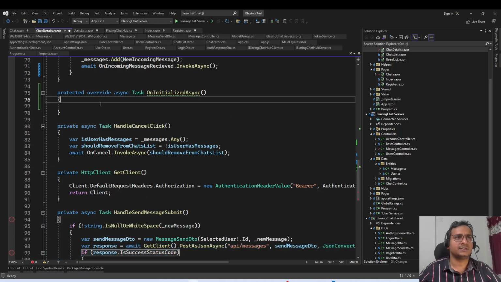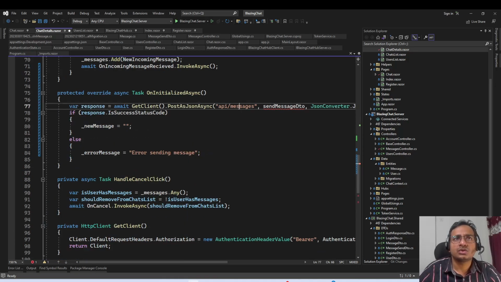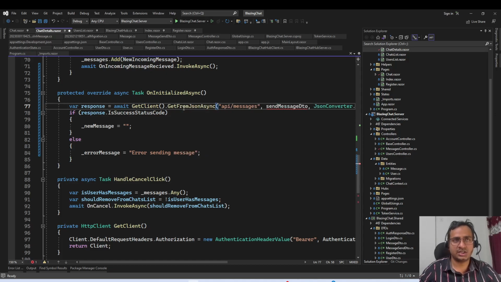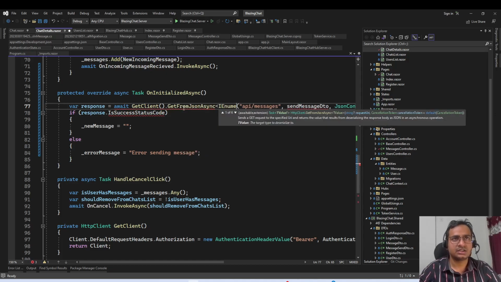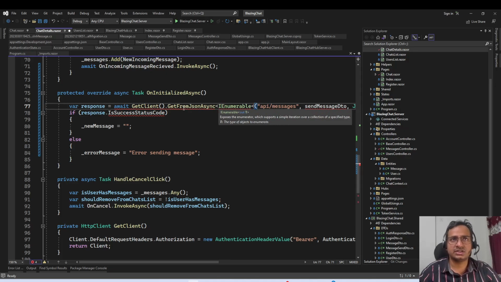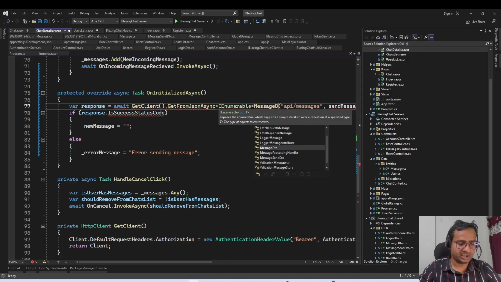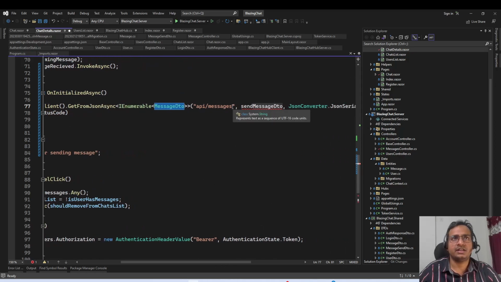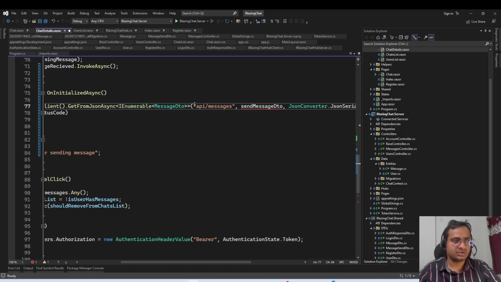Let's do it like this only. So API slash messages, and this is not post, this is get. So we would say get from JSON async, and we would tell it that the result type is going to be enumerable of message DTO, and then the URL is going to be API slash message slash